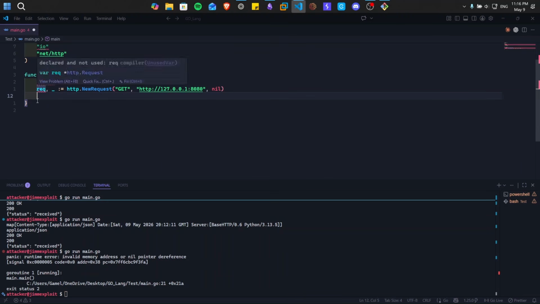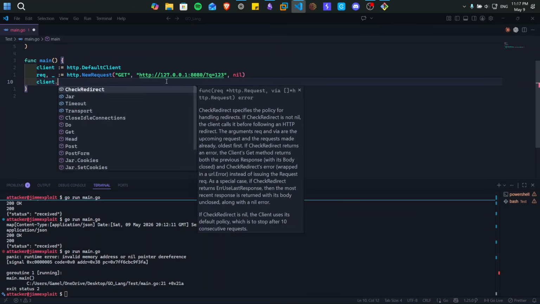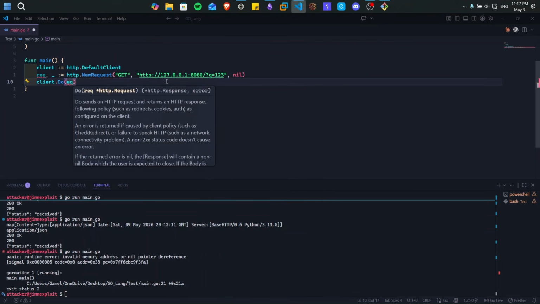So to send the data to the server using a GET request, we use something called the URL parameters or the query parameters. And to do this, we're just going to add a question mark and then the key, and then the value. So if we need to send a value 123, which is expected by the server to be passed using a key called q, we're going to be doing it this way. Okay, so if we did this, and then we did client.Do for the request,